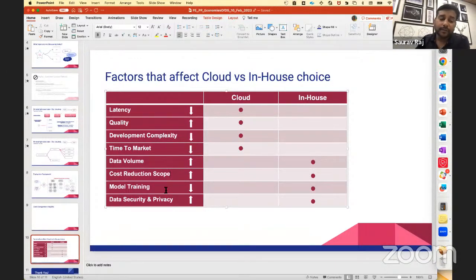If you want to involve a custom model, which means you want to train a model on a custom data set,